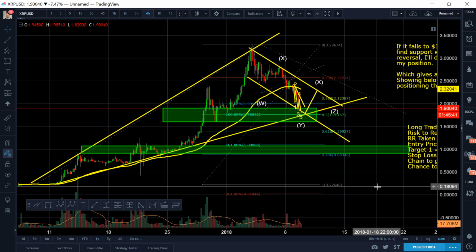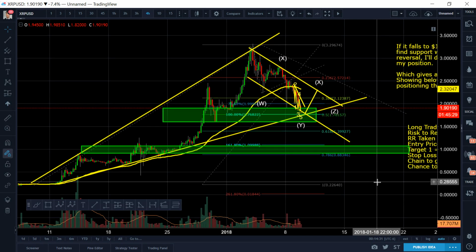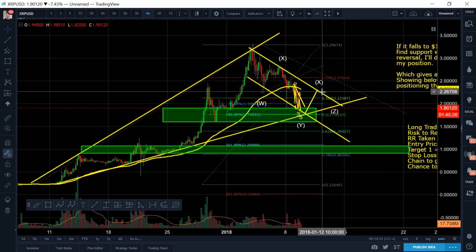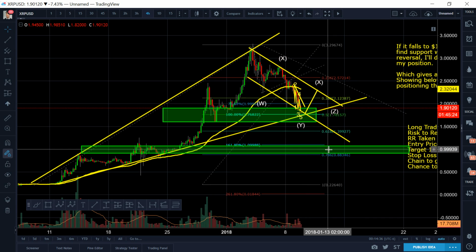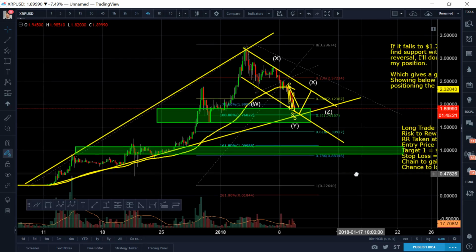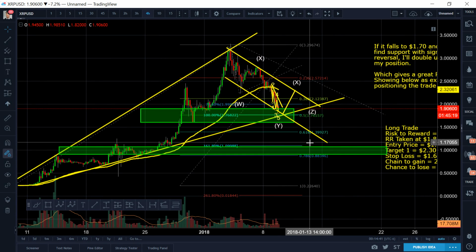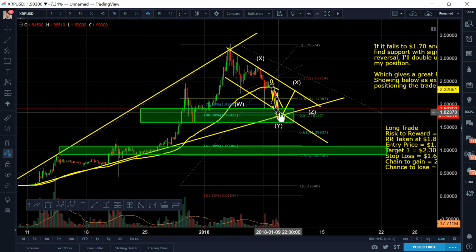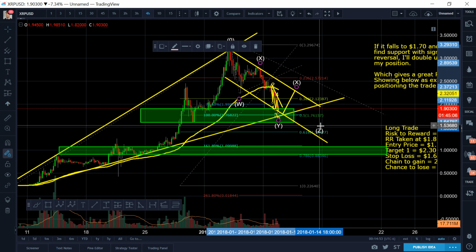I know in my heart and in my mind that it may not hold, but I will take the chance at this support zone because I firmly believe that there's a good chance for a bounce, okay? And then if that one does not hold, guys, we're just gonna end up free falling all the way to this zone right here. That's what I think. But what I think more than anything is that it will hold because it's the 0.5 fib level. It's a pretty strong number. It will bounce to X, and then, guys, we're gonna get,